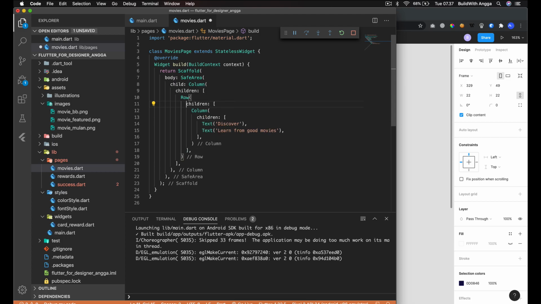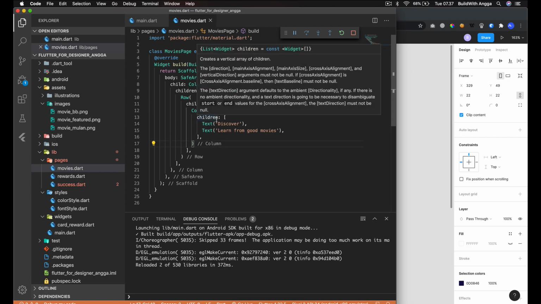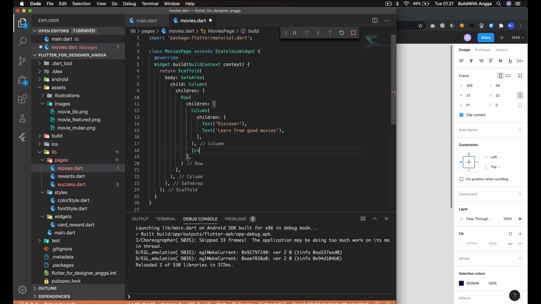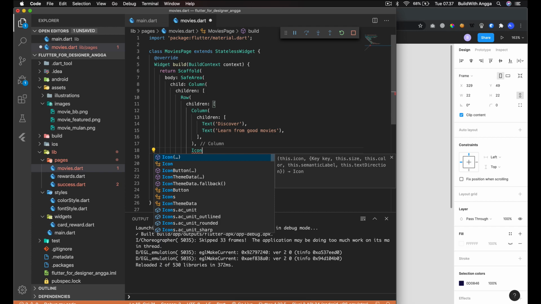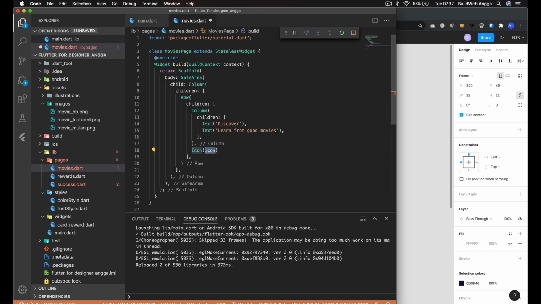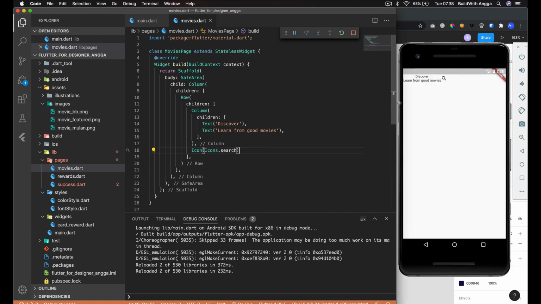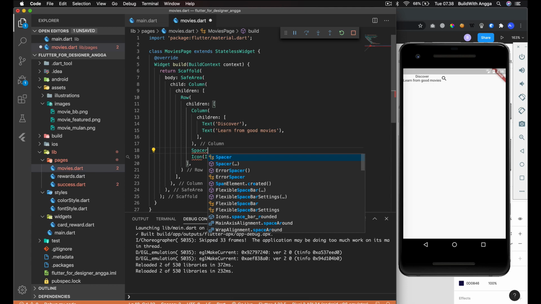Let me clean it first. So this is the Column, right? Row, Column. So right here I guess we need the icon, so just put it here, with these Icons, and then the search icon. And we need distance, so here I guess we can use a Spacer.